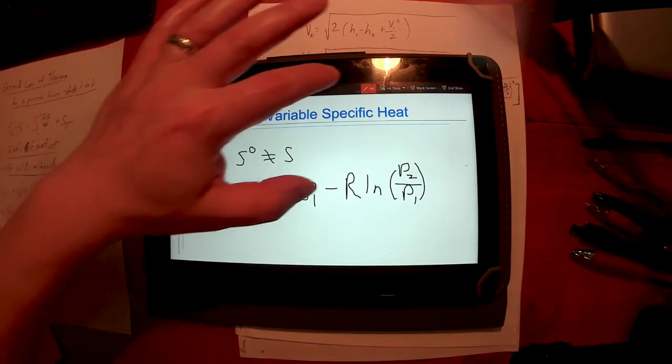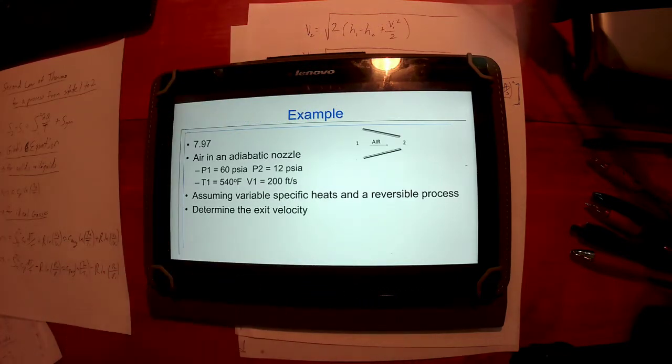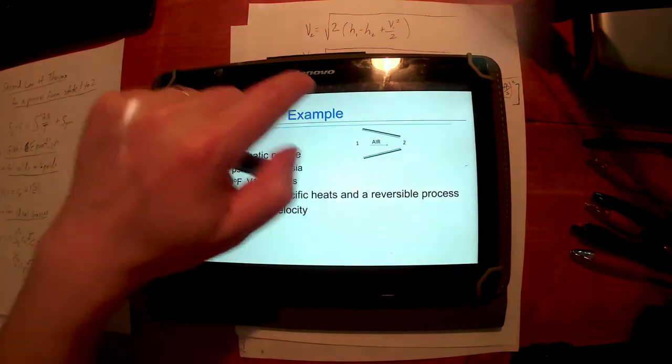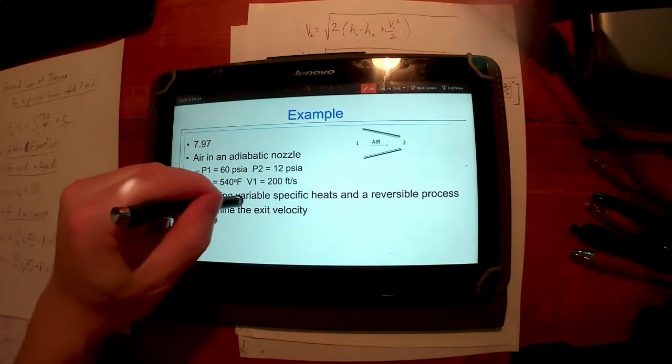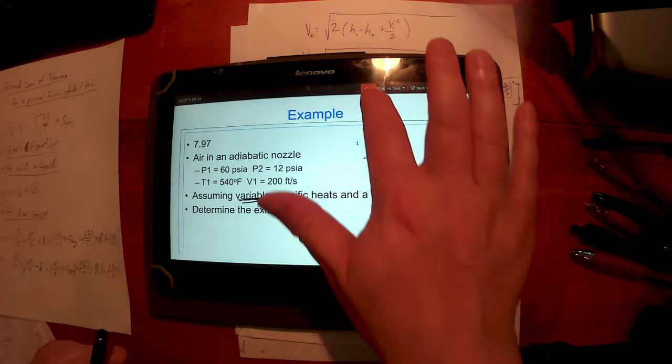So let's pick up there. Let's see if we can work this problem a second way. Right, exact same problem, but this time we'll actually use variable specific heats. Okay? So if we do that,